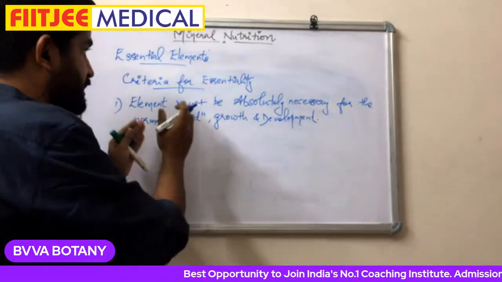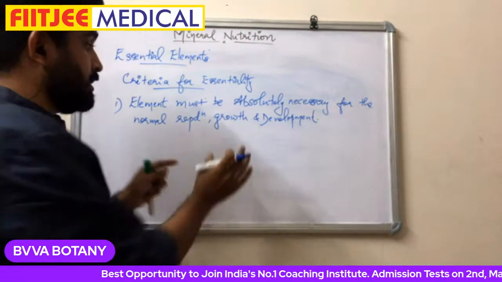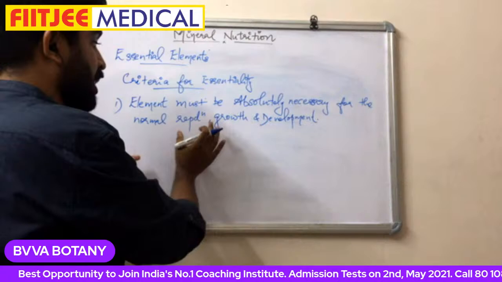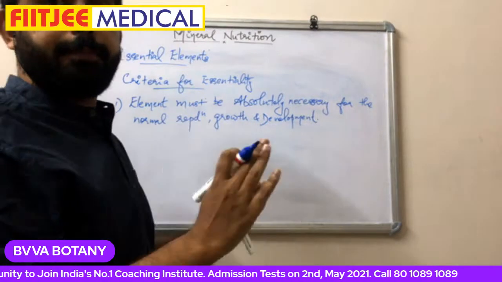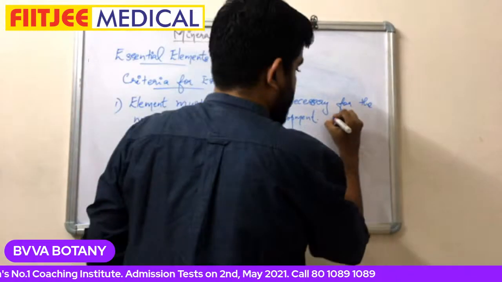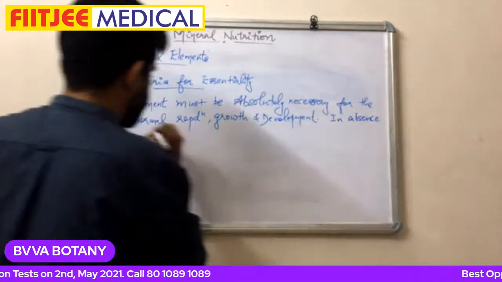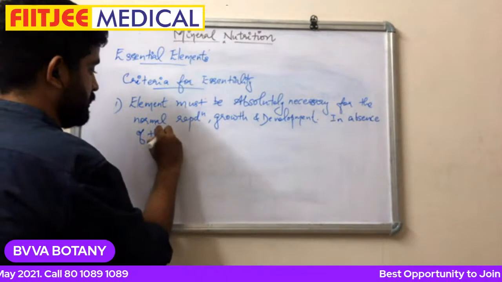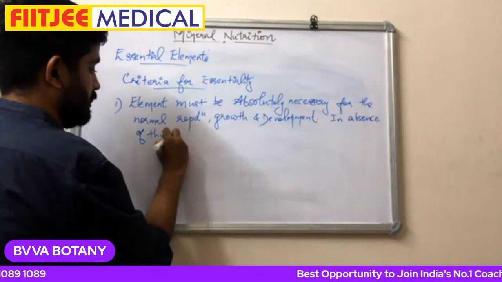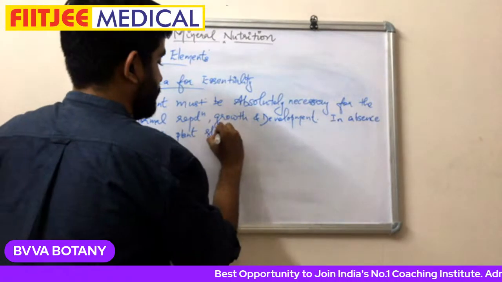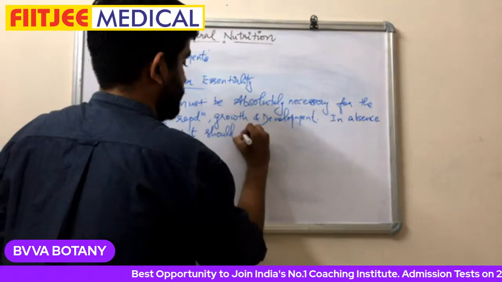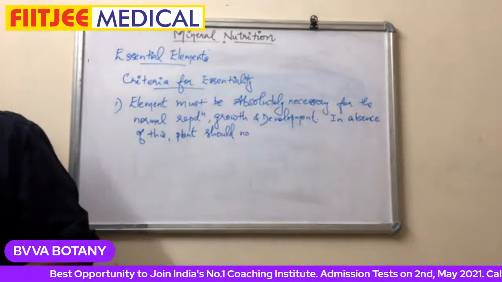Which means if these essential elements are absent, growth and reproduction will not be right. So in absence of this, the plant will not